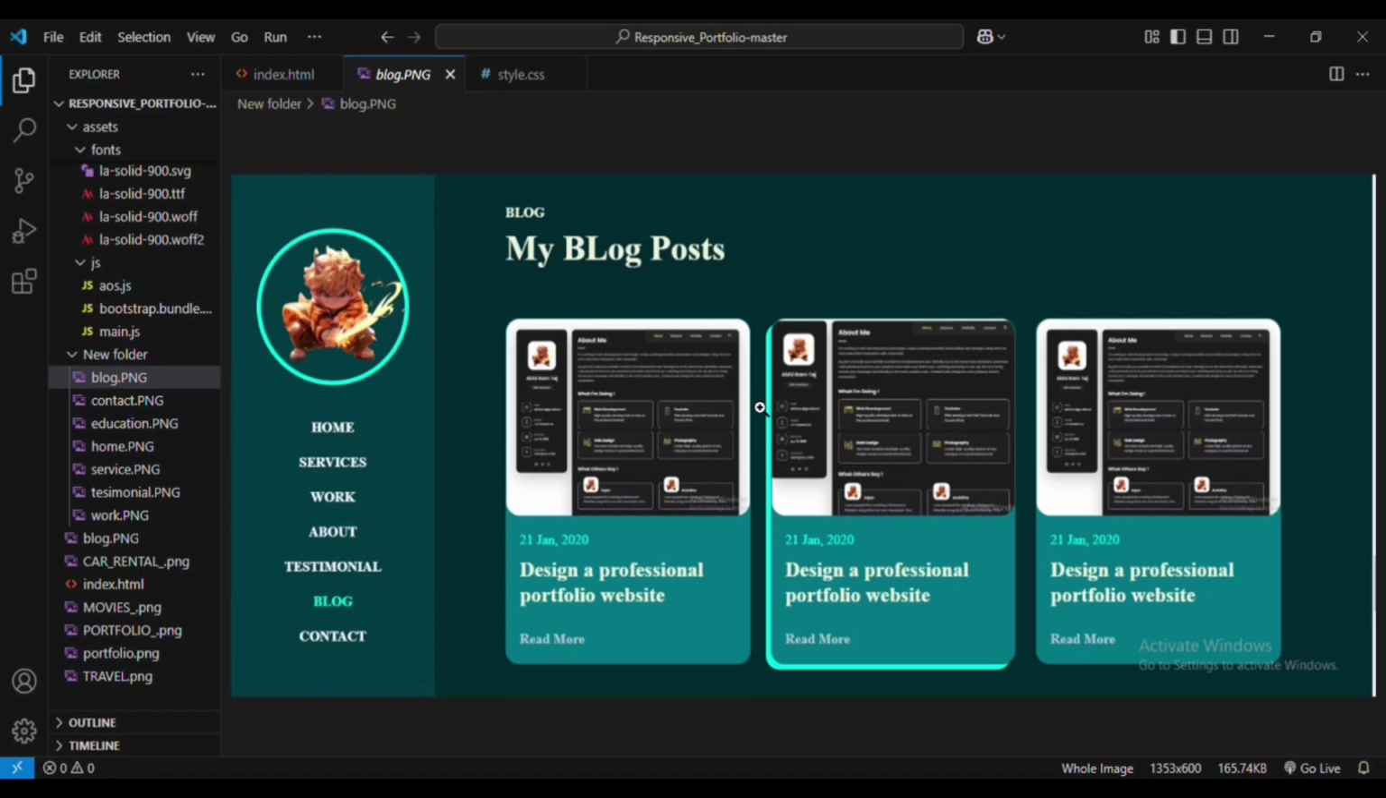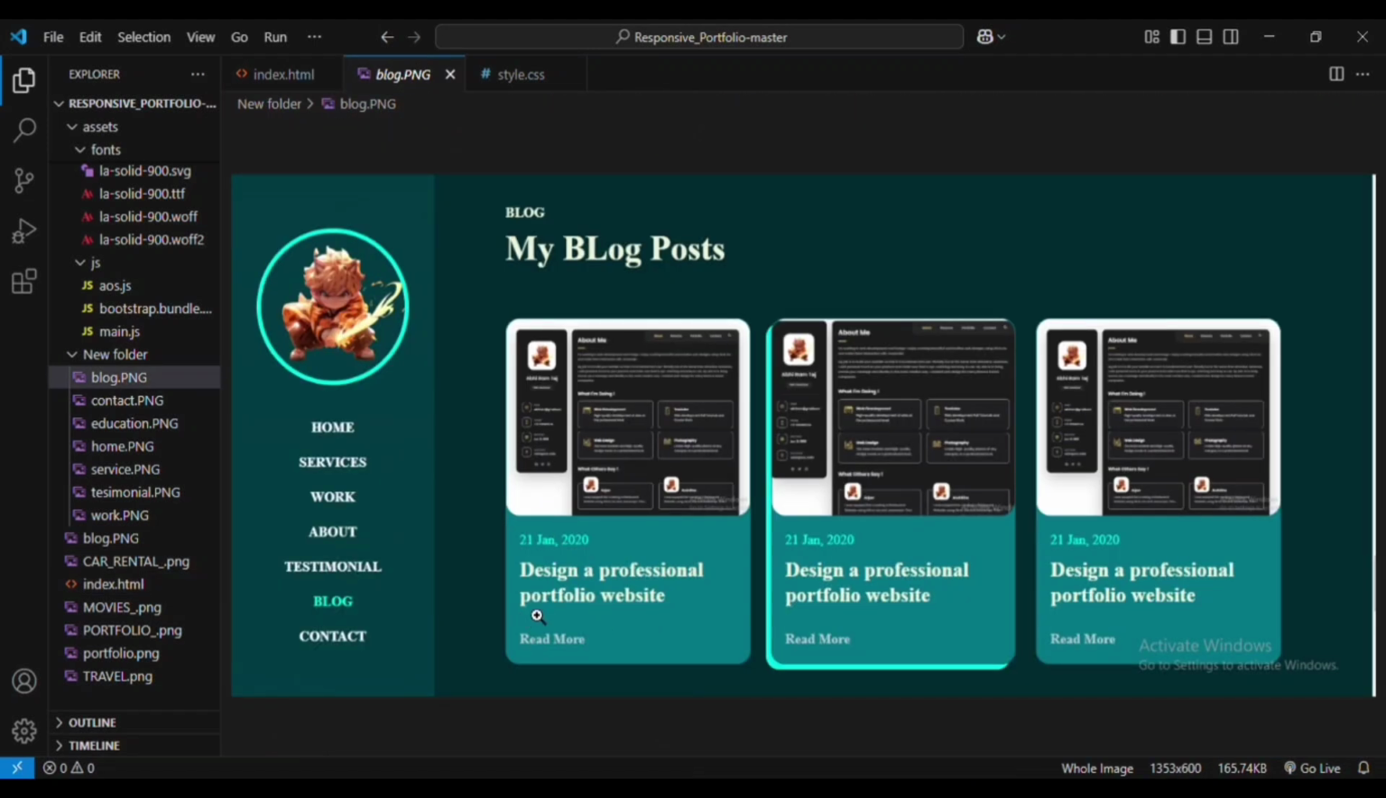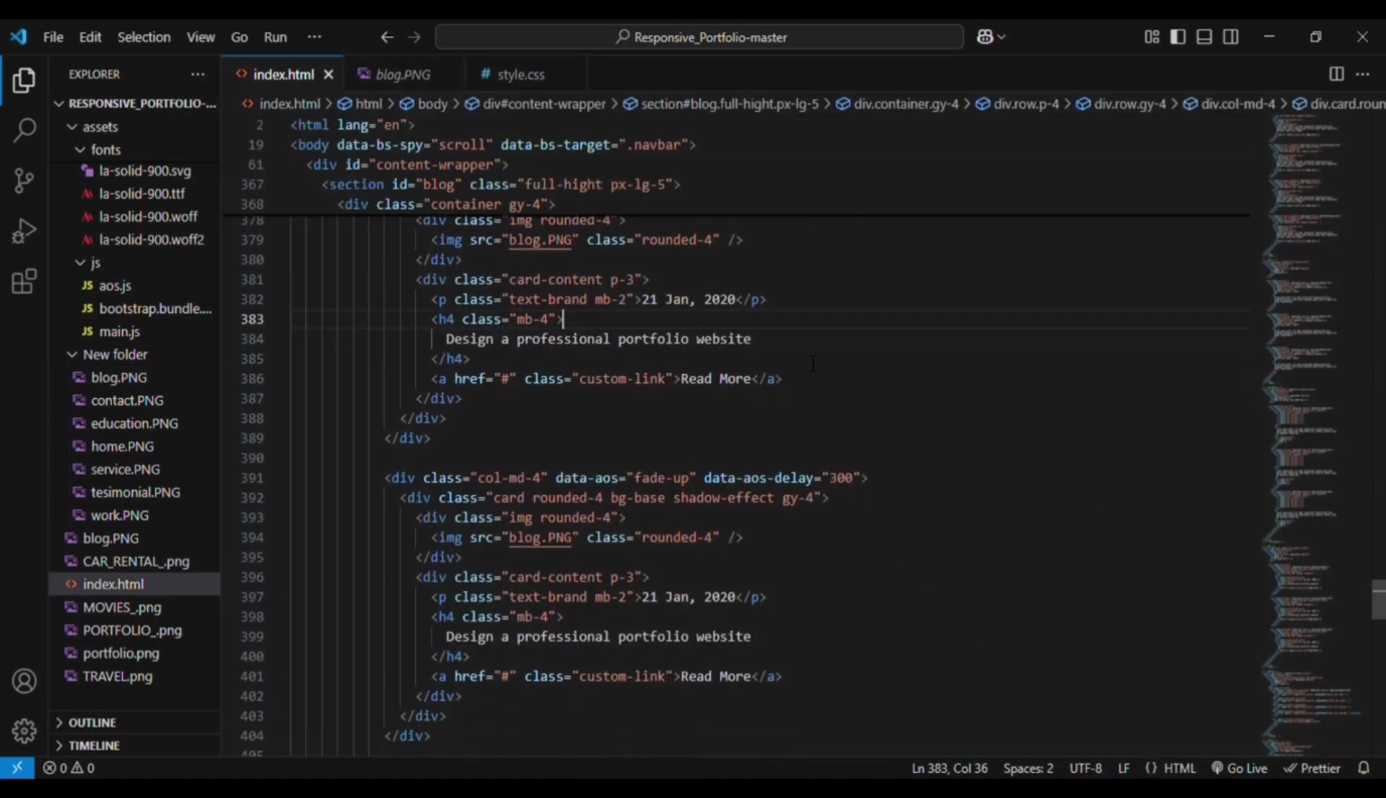Then you can see we have another div, that is card content div. Inside we have the text frame. Margin bottom is 2 and margin bottom is 4 for the h4 element. You can see here the heading, and below the heading element a gap of 4 rem is given, then the read more button is aligned. It is added here, and for the anchor element read more, we are adding a custom link class to it,